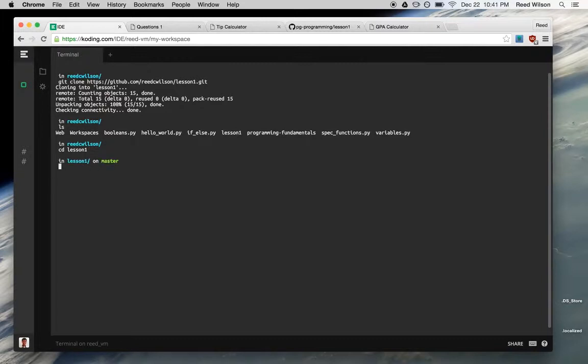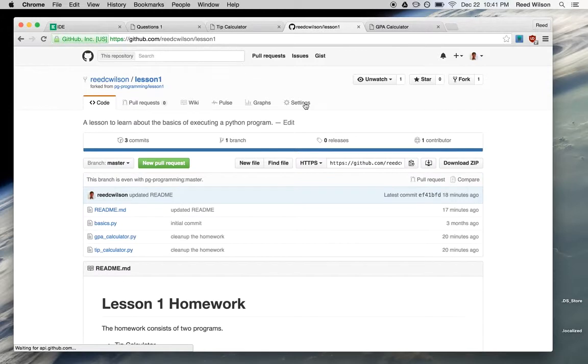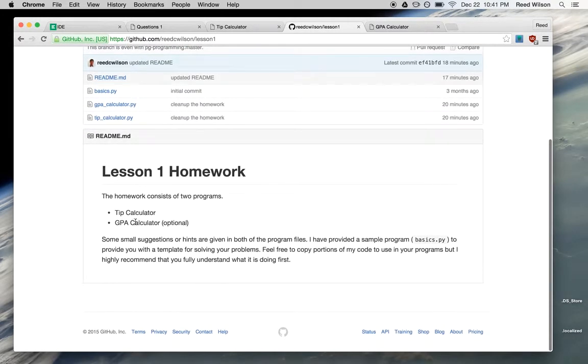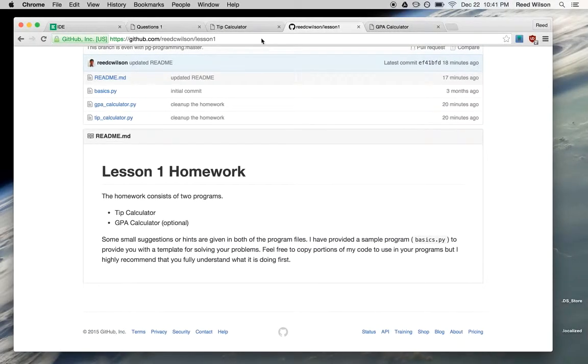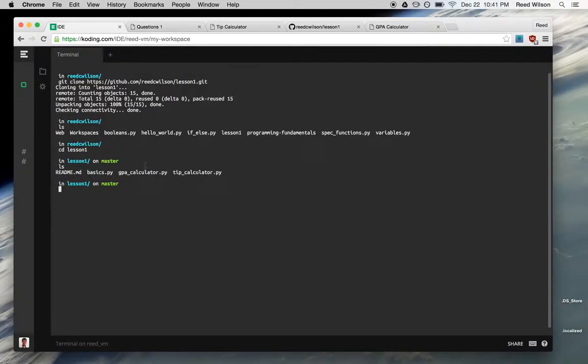Now I'm there. Now if I do an ls here, I'll see some different files. Every one of these has a readme. You'll recognize that from, it's basically just this file. That's the name of it right here, readme.md. So you'll recognize that's the same file. Then you've got GPA calculator and tip calculator. So if we look at these,